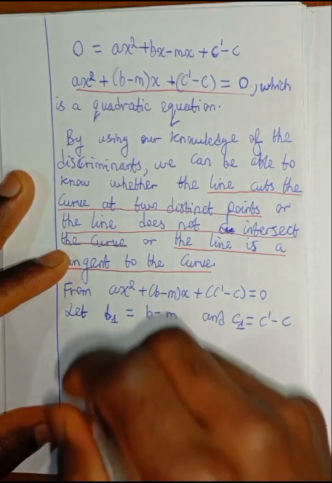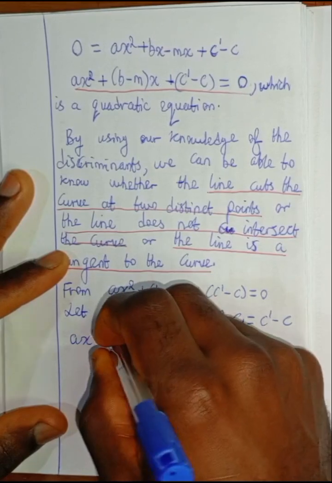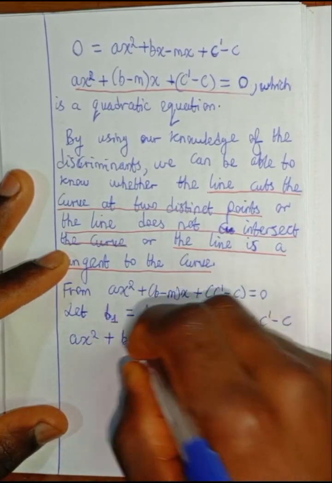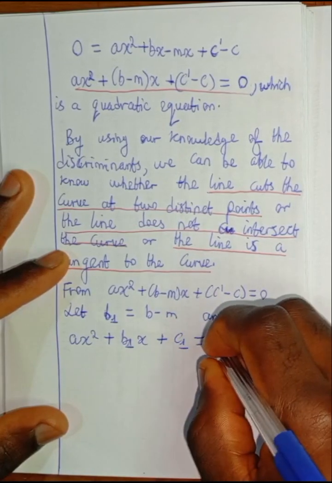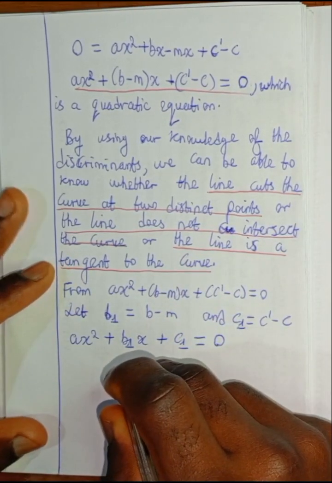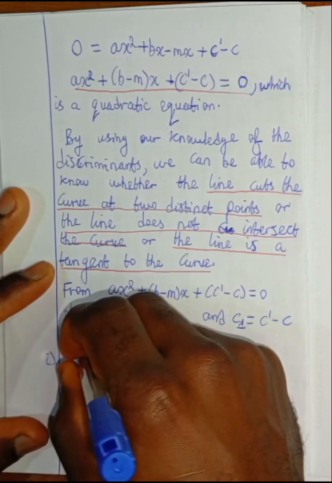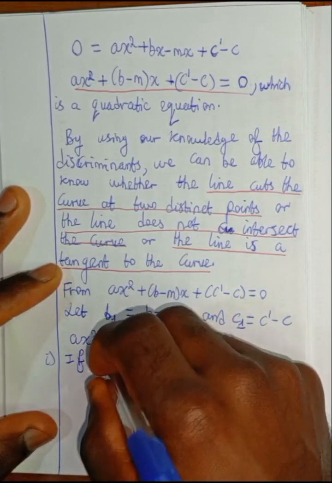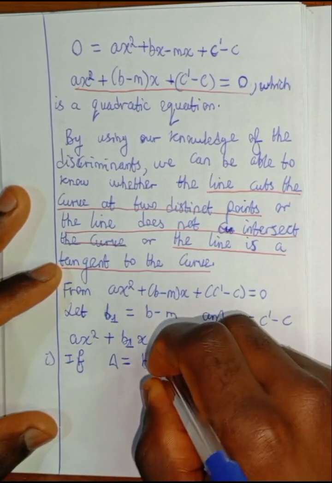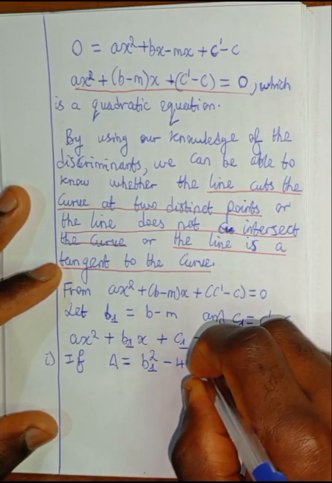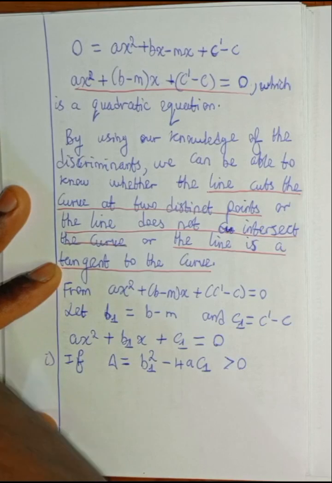Insert them in this equation, we obtain ax squared plus b1 x plus c1 is equal to 0, which is a quadratic equation. We go by the rule: 1i, if the discriminant, which is b1 squared minus 4a c1, is greater than 0, I'll underline this,